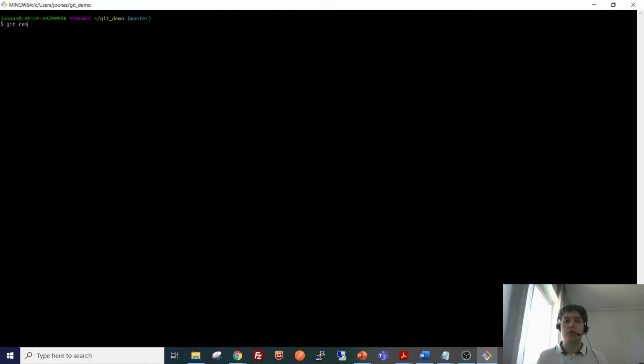So here we have the project that we have been developing in these videos. Now there is a git remote command that will display remotes if we would have one, but right now it doesn't show anything, so we don't have currently an online repository. This v flag means verbose, which gives more information about the remotes.